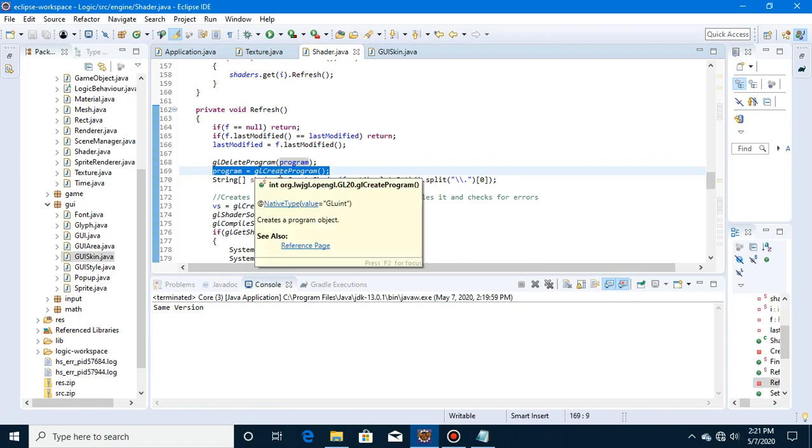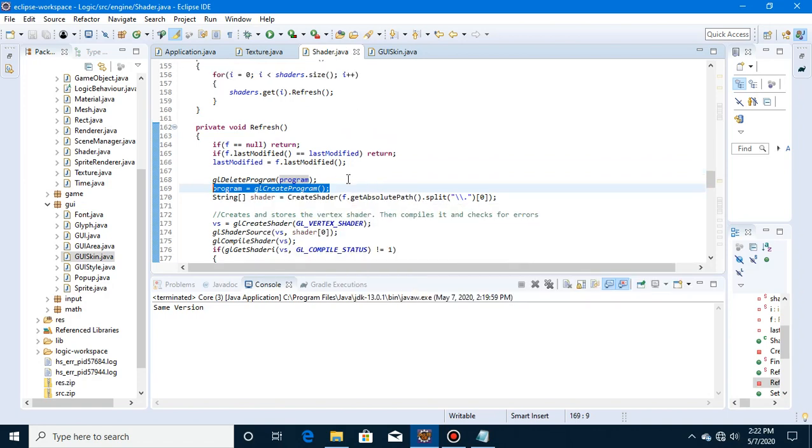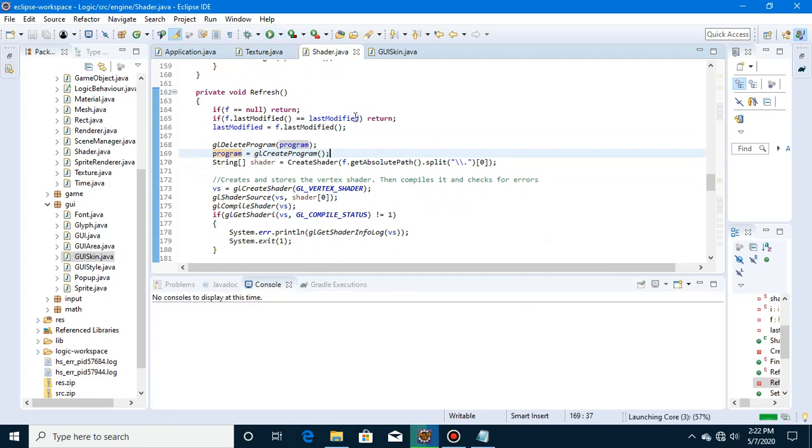program equals GL create program. So we created a new one, and right above that we need to delete the old one. So we're going to say GL delete program, and then program equals GL create program. And that is all that we need. So whenever we run that,